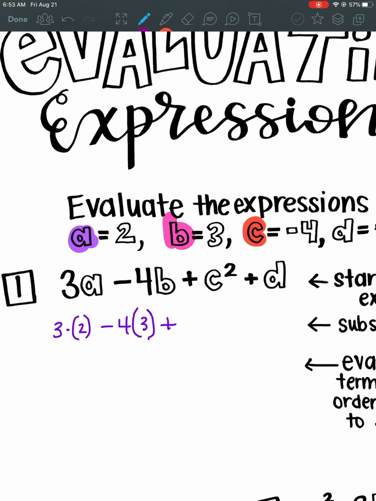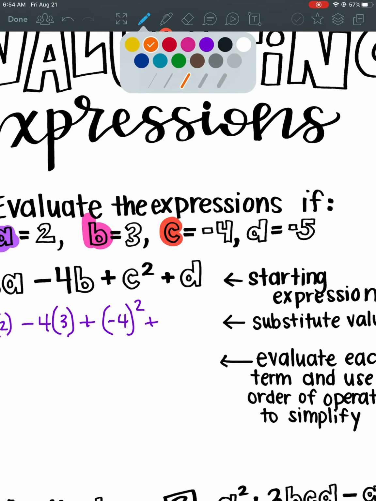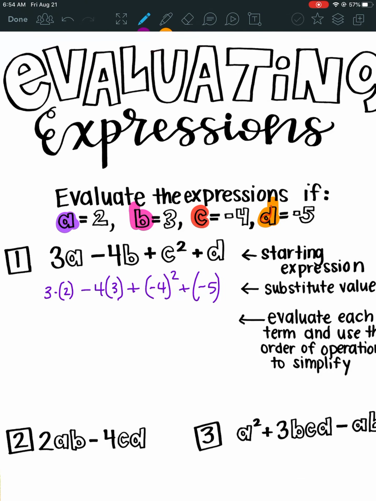So here's where it is important. We need to plug that in with our parentheses. So plus negative 4 squared plus our last one, D, is negative 5. Okay, once we get all of our values substituted, then we can evaluate, take the order of operations, do step